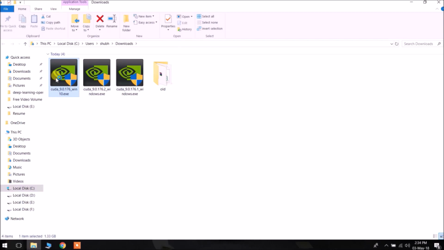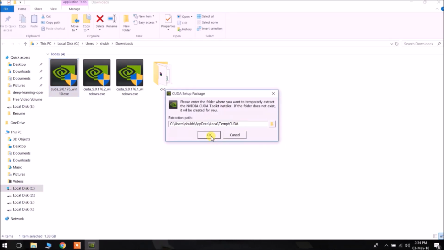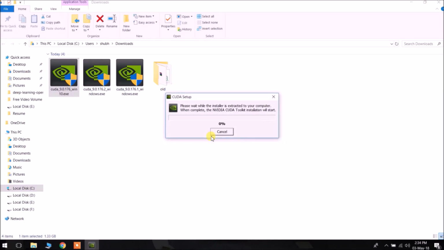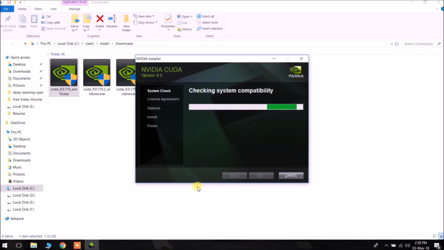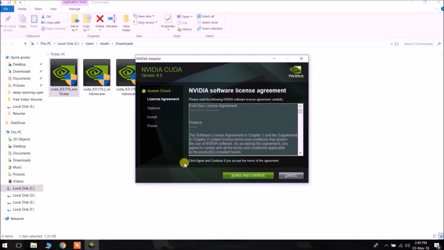The installation procedure is pretty much straightforward. Click on OK. This will extract the files to the computer. Agree and continue.